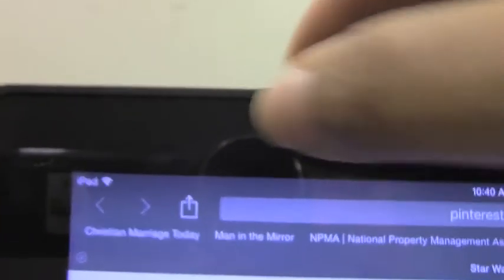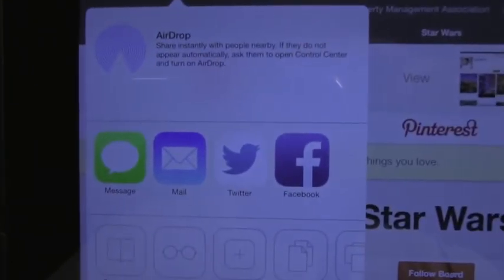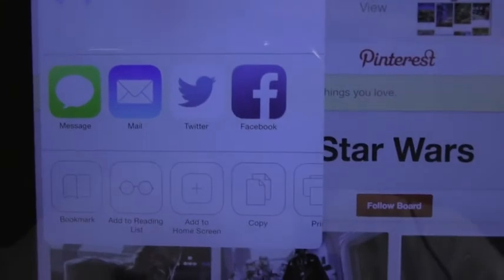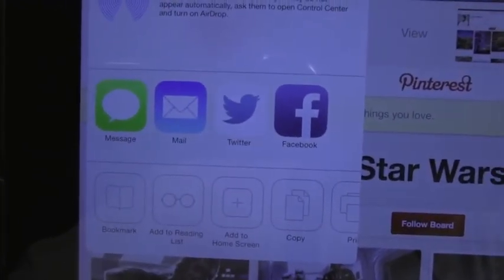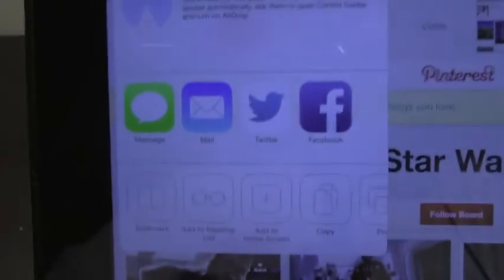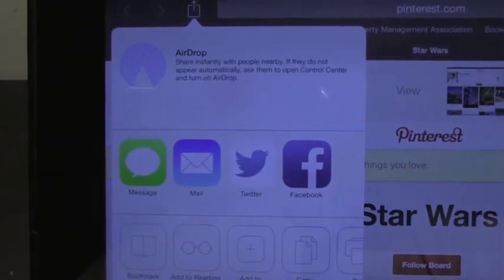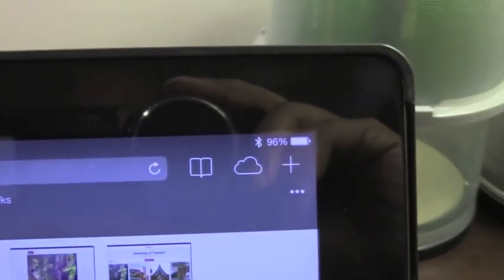You've got this icon here next to it, which allows you to go in and access AirDrop. You can share stuff on Facebook, Twitter, through email or through messaging. And then across the bottom, you can add certain things to your home screen. You can copy, print. It's just a nice feature that allows you to do a lot of things through one button. You've got the website name across the top, and then over here on the right, you've got your bookmark